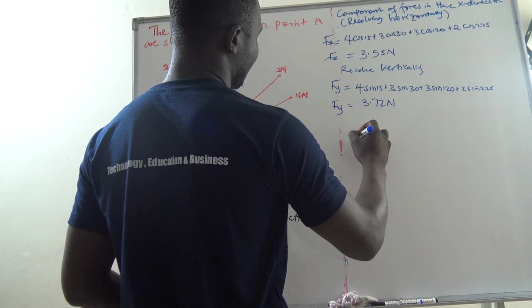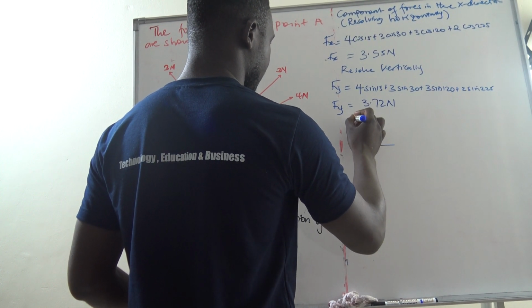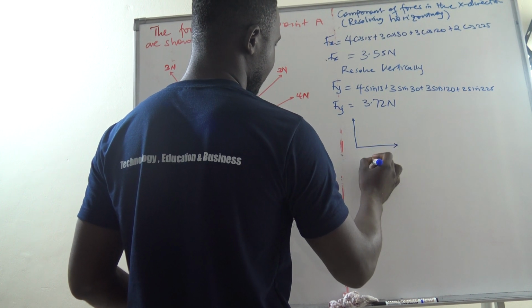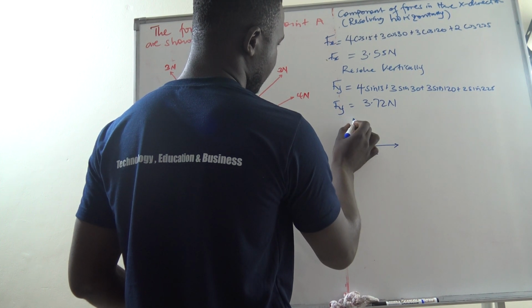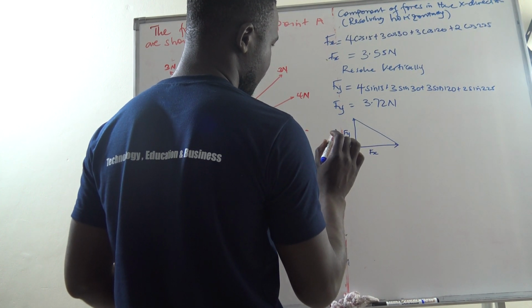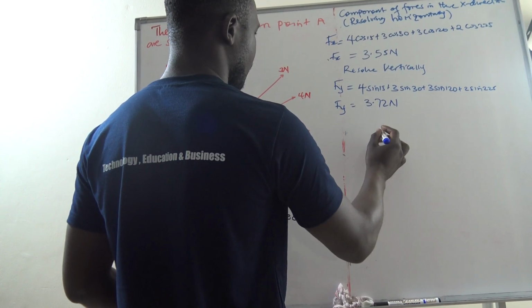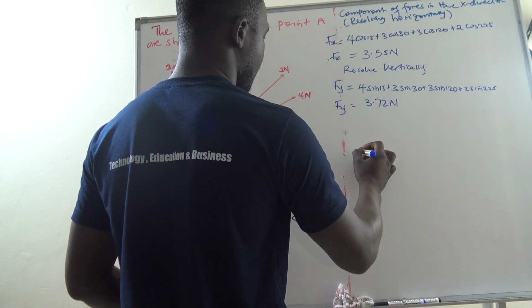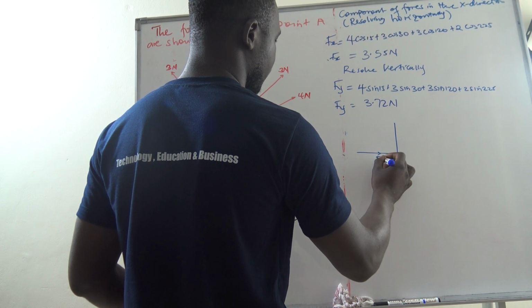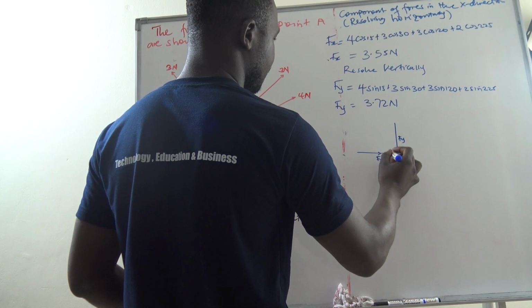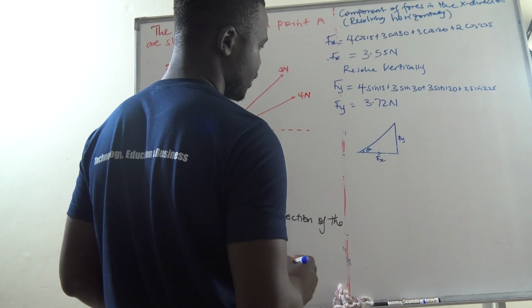Now, they said we find the magnitude, and we know that when we find all are positive, it means that our triangle, the resultant, is in this direction. This is Fx and this is Fy. So to get the resultant of these two, let me bring it more clearly. This is our triangle. This is Fx, this is Fy. So to get our resultant, which is acting at an angle theta,